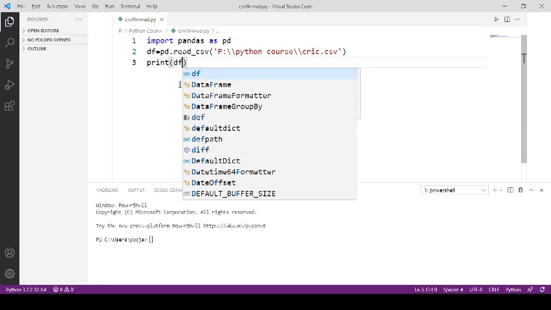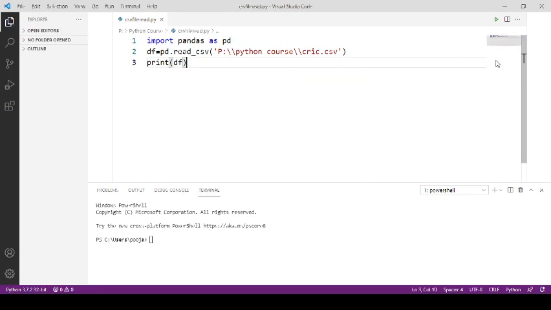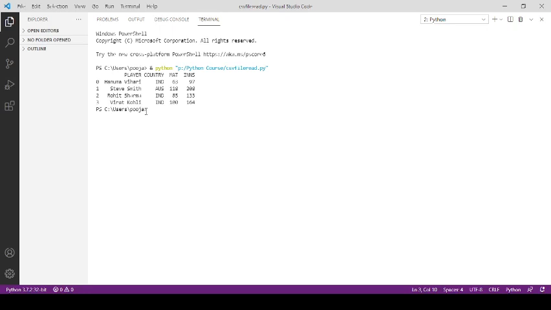Press Ctrl S and from this green button just click here and run your Python file. On terminal window you can get the output. So from this up arrow key you can maximize the screen and you can see the output. Now here data from CSV file has been converted to data frame and this is the value of data frame.